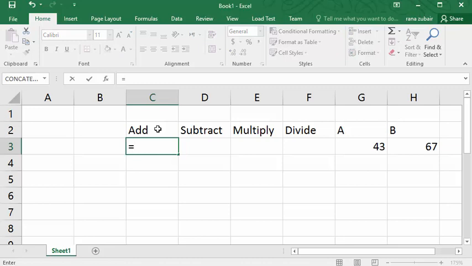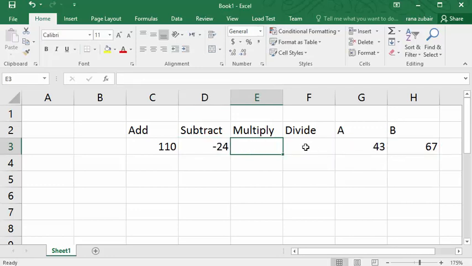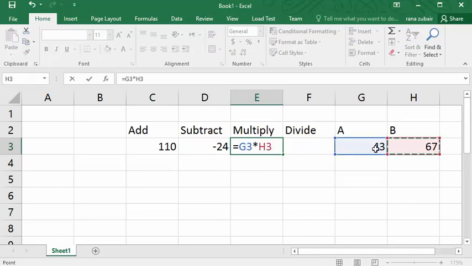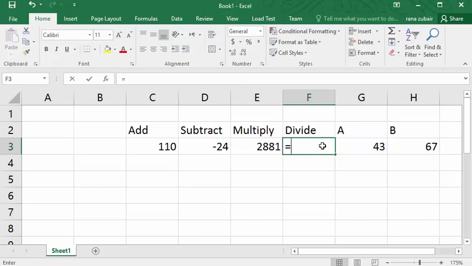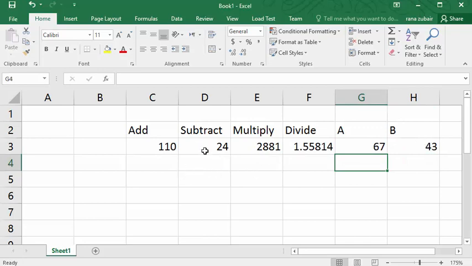Equal this plus this, then equal this minus this, then equal this multiplied by this, then equal this divided by this. These are the values. Let's shuffle these so that the answer should be the exact value. Now these are the answers.